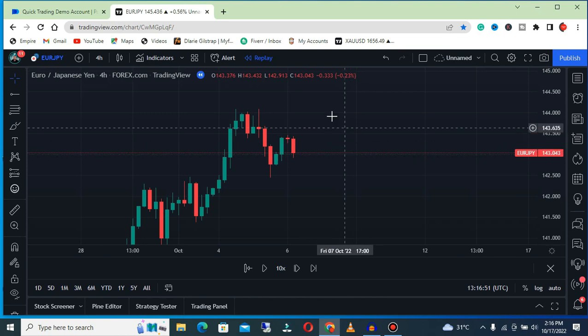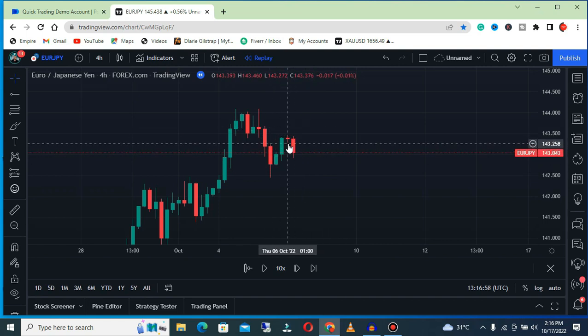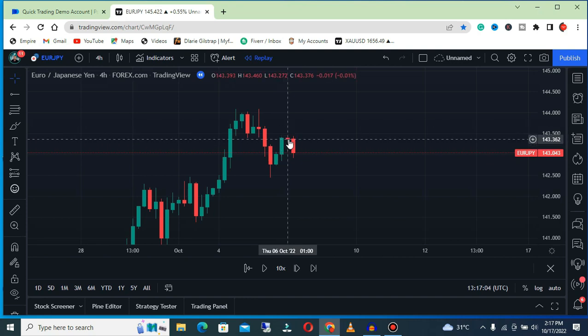Okay, this is a good moment for a middle chart. As you can see, we have an evening star right here. The first candle there is our bullish candle, and of course we have our doji candle right in the middle, and the last one is a bearish candle. So when you find something like this, I said that it's our evening star, and what an evening star actually indicates is that